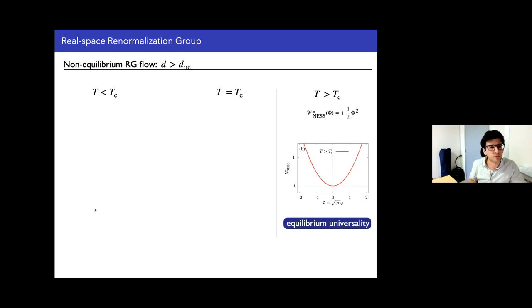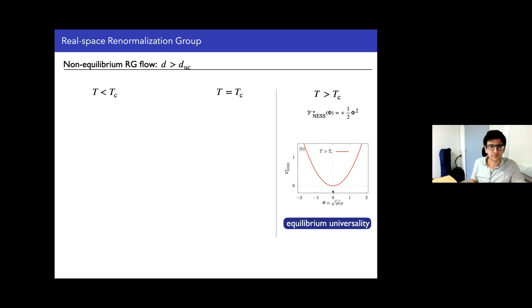And we can perform the RG into the infrared until the fixed point. And what we're getting is the following. So above the critical temperature, where T is the temperature of the bath, the non-equilibrium steady state is basically controlled by the universality of the equilibrium Ising model. All right, so we're back to a quadratic potential,